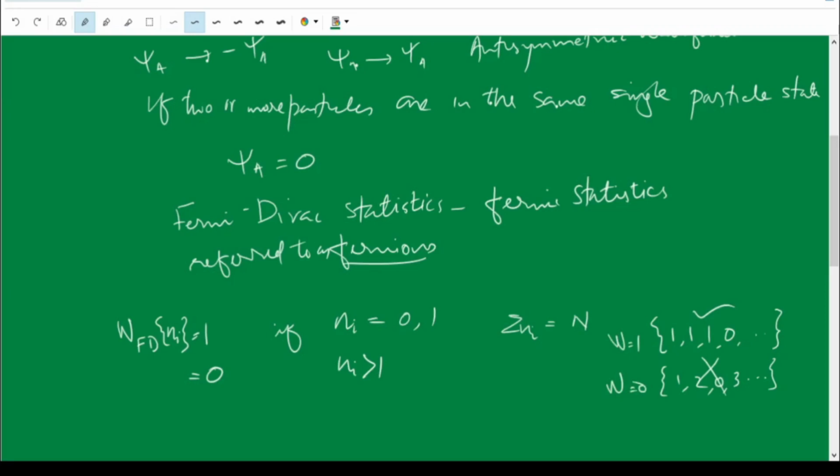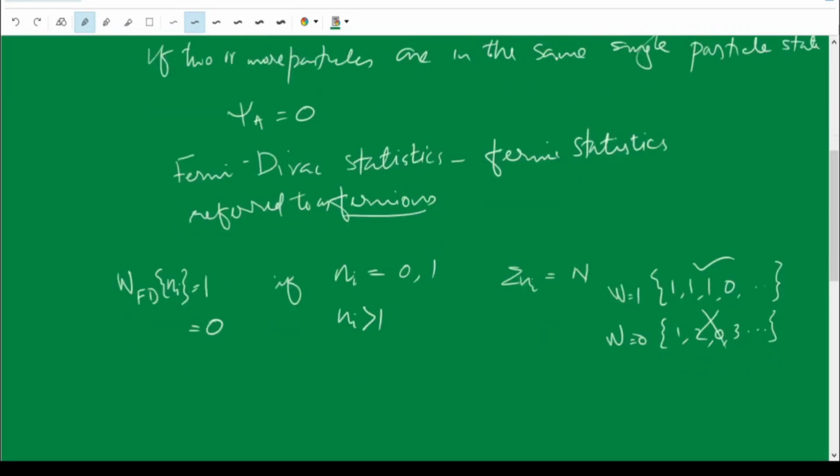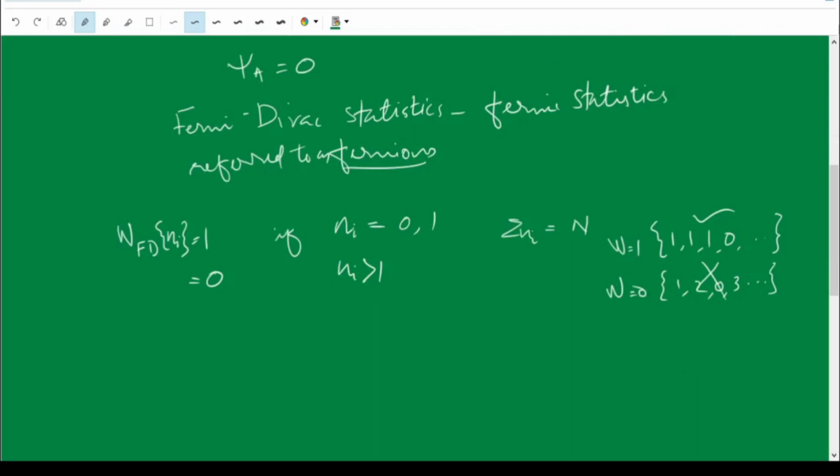Now let us discuss about the symmetric wave function. In the case of a symmetric wave function, this restriction is not there. We cannot have